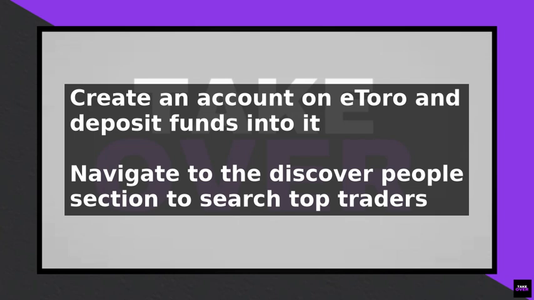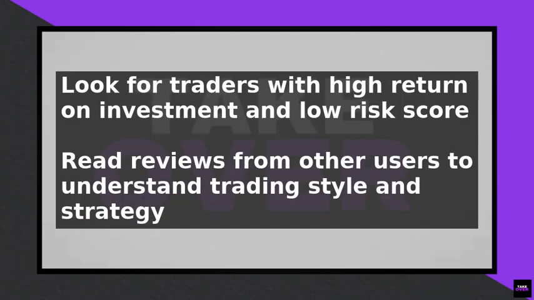Once you have an account, navigate to the Discover People section, where you can search and filter top-performing traders based on their performance, risk score, and other criteria. To find the best traders to copy, look for those with a high return on investment, a low risk score, and a long track record of consistent performance. You can also read reviews and comments from other users who have copied them to get an idea of their